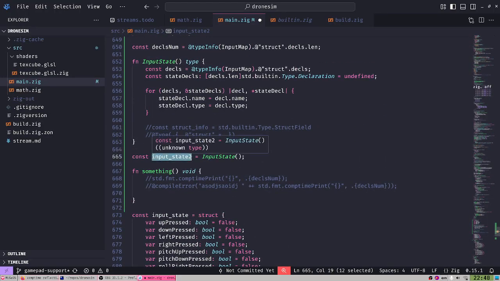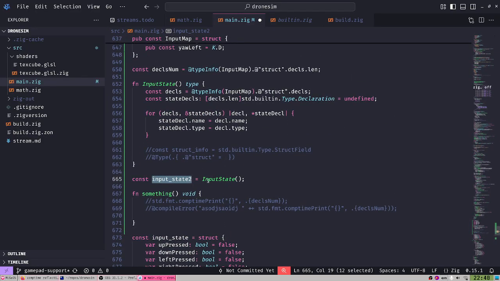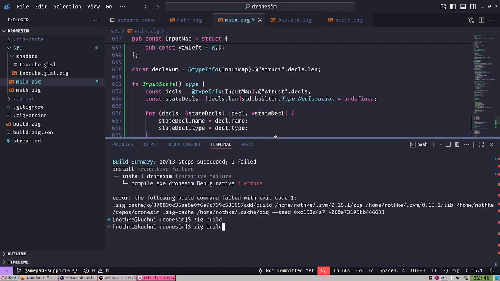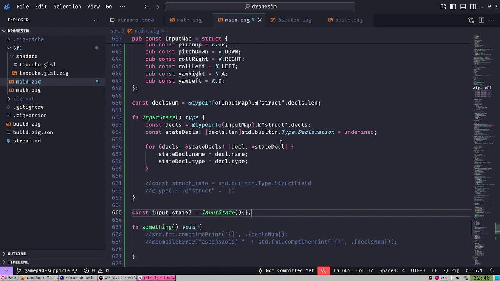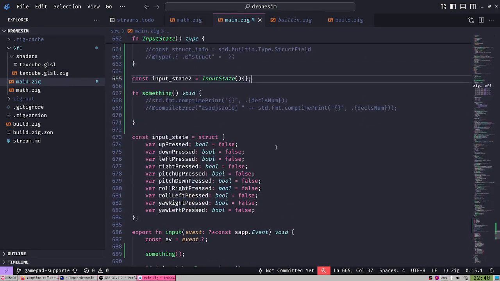Yeah, but it must exist, right? It must exist. This is just a type. So let's just make it like this. Can you do that? Since nobody is using it. Yeah, it does build. But maybe because nobody is using it, it's not